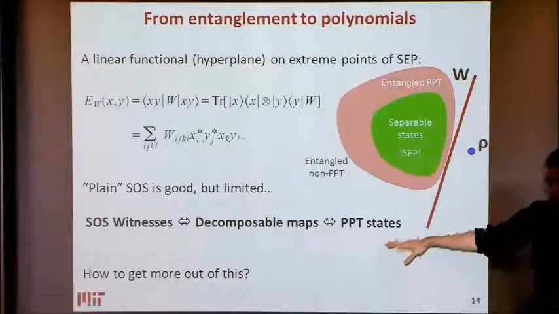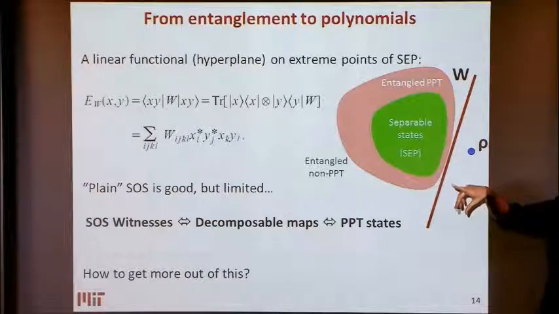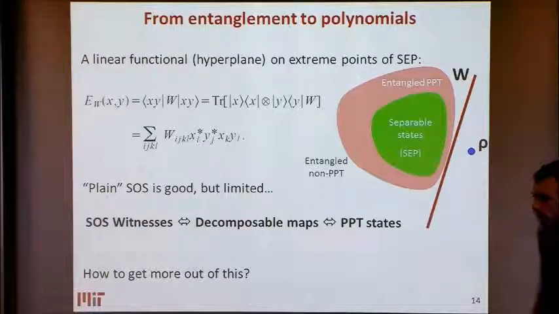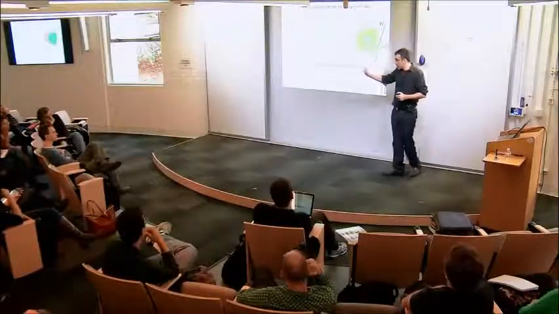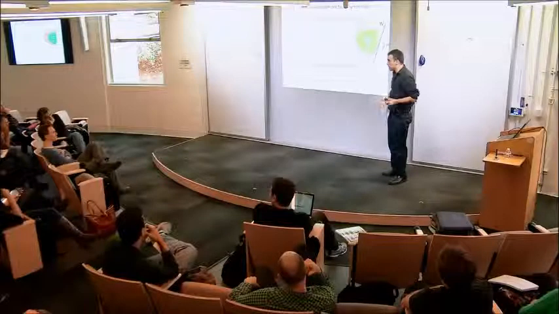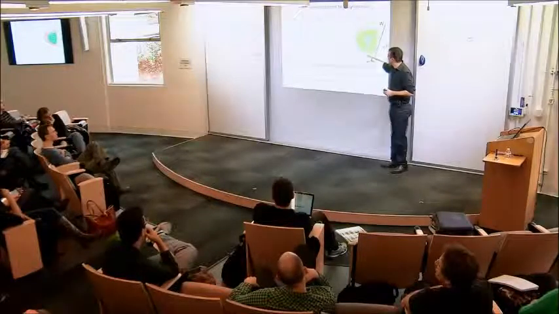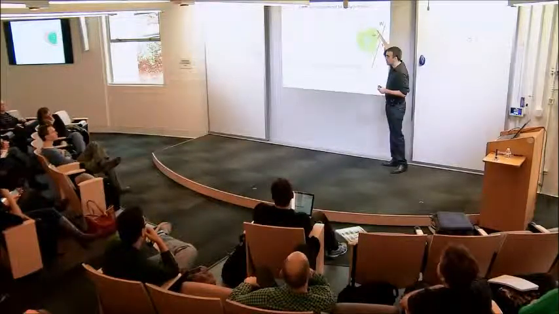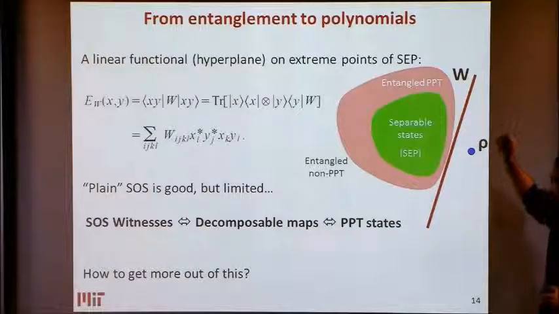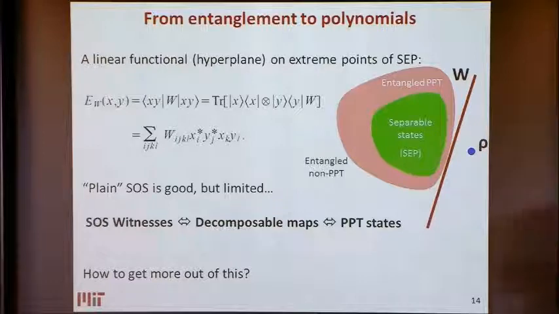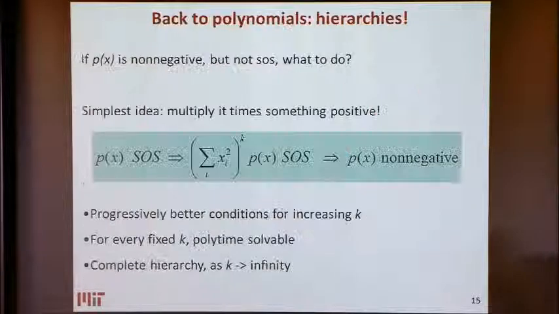How do we make this? Dory, you have a question? Yeah, I'm not sure. What are the PPT states? PPT are the ones that when you apply a partial transpose, you get a positive semidefinite matrix. And there are states, like the ones in here, that will have a... so these are the entangled ones, so they seem... Yeah, exactly. Okay. Yeah, they would seem entangled.